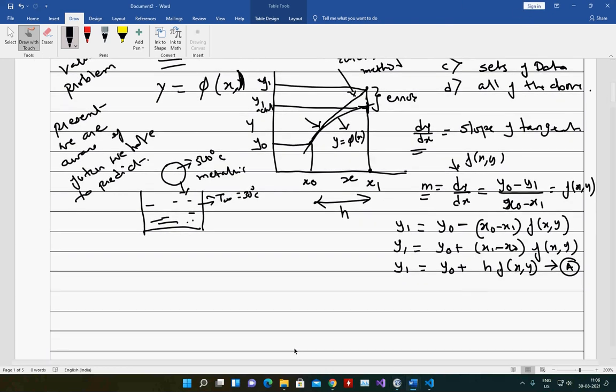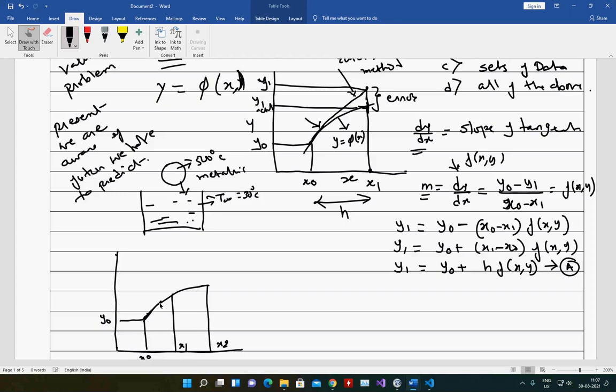One more important concept: in this case the error is large, and if I want to reduce it, note that the error was very large with one step. If this is my x0 and this is my y0, I could divide this into two parts, x1 and x2.